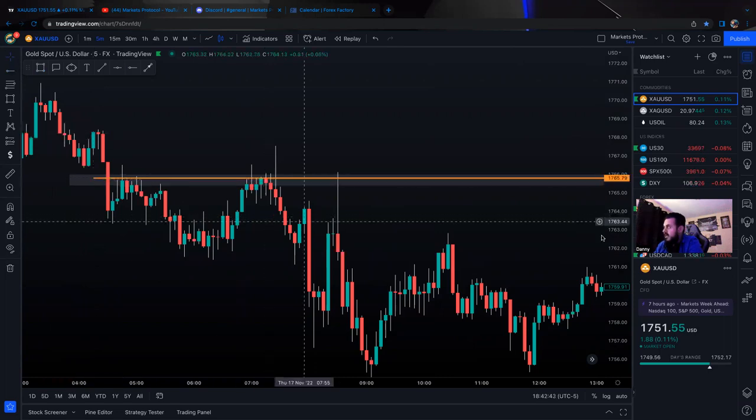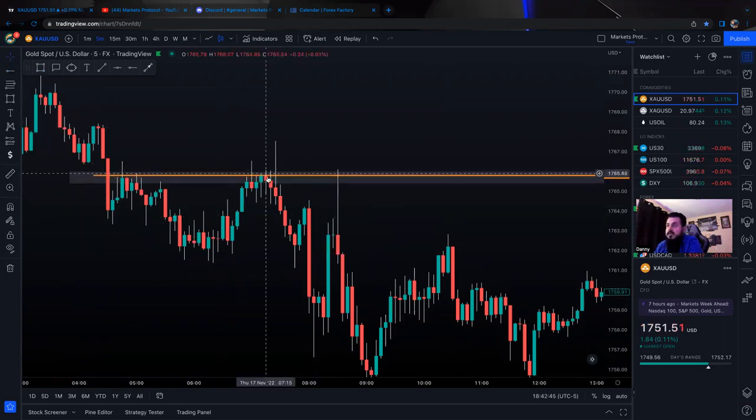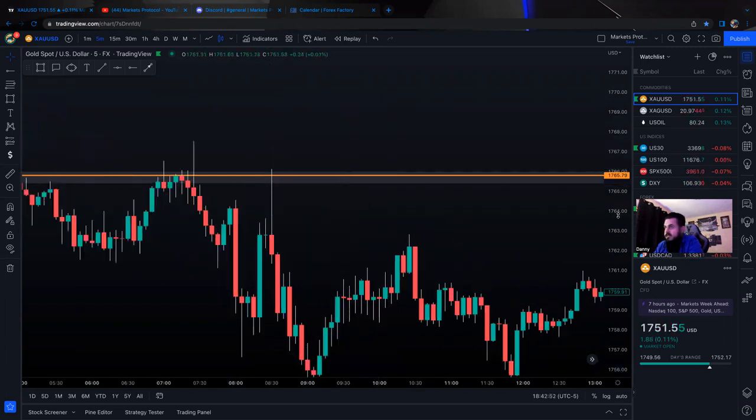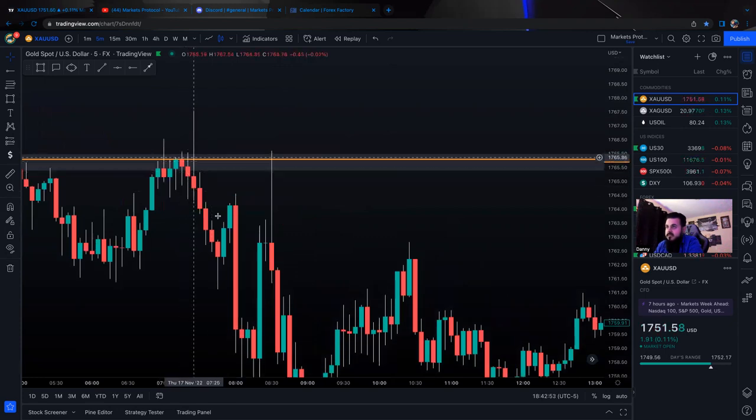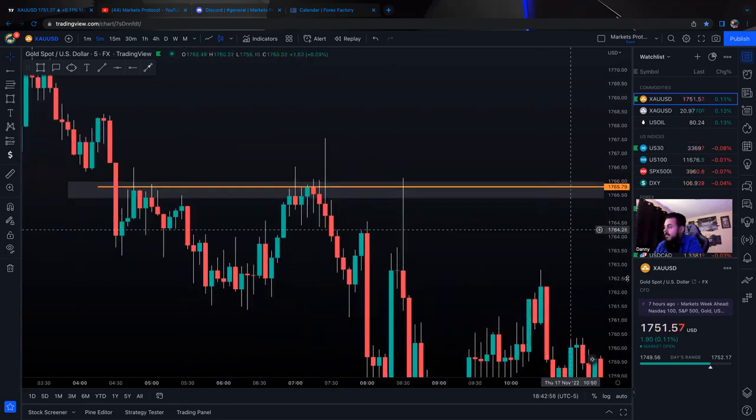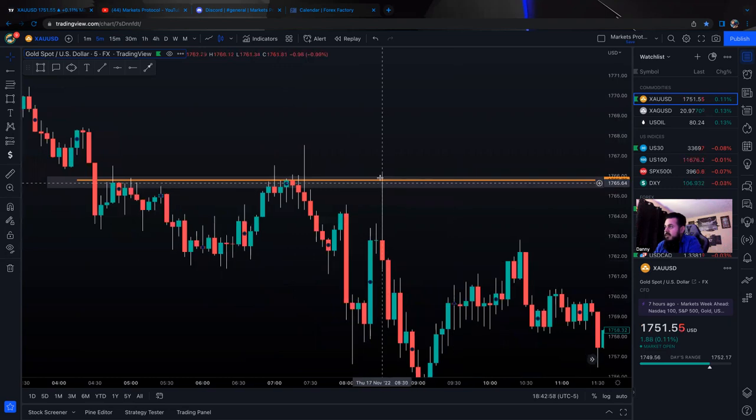On gold, this was at 1765 historically. We decided to break above but could not sustain a move towards the upside, rejected, and closed back inside the range. As you can see, that big bearish rejection candle right there. Now, when we came back into the future over here,